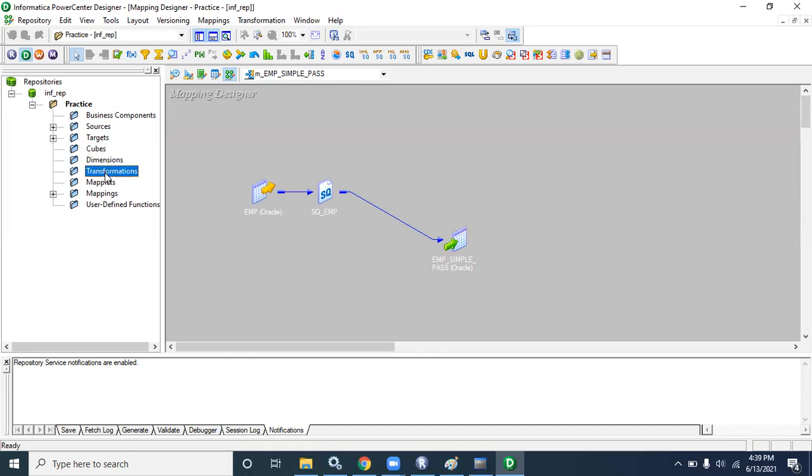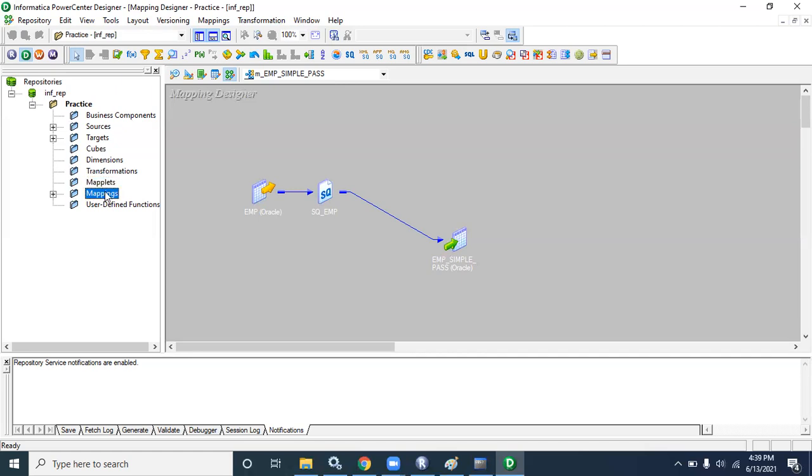Then transformation, it's an object where we can write the business logic. Mapplet is a reusable business logic. Reusable means once you create it, you can reuse it multiple times in multiple programs. It is embedded with multiple objects or multiple transformations.